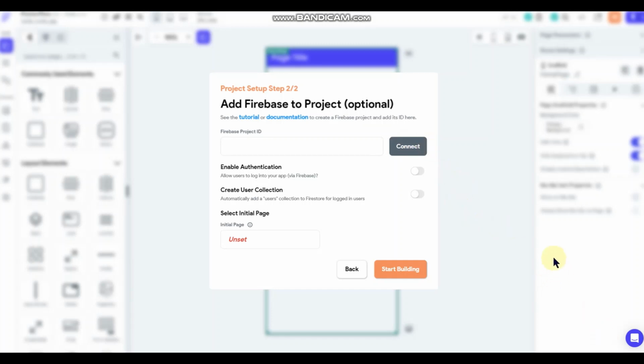Now, you don't have to use Firebase. There are other options, but for this we are just going to use Firebase because it's all integrated with FlutterFlow and just makes it easiest.